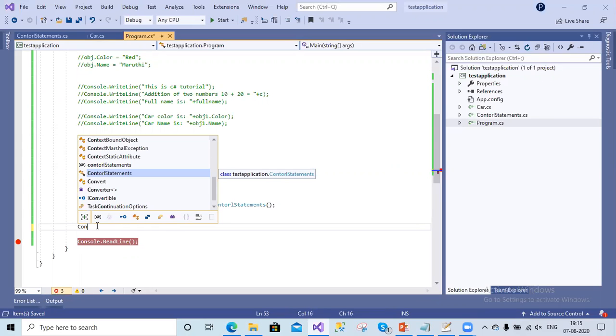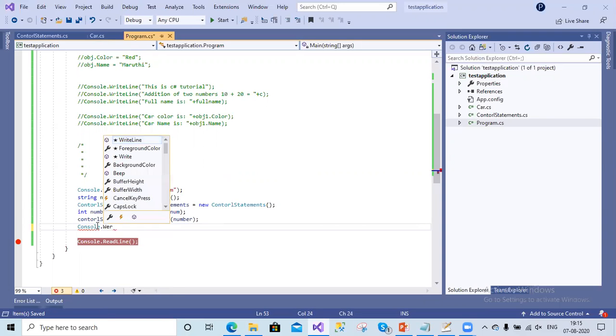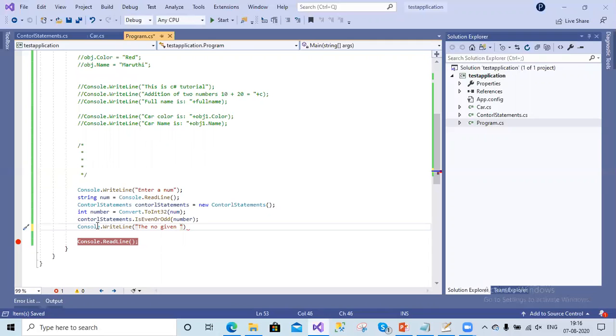Let's print some message in the console window. Console.WriteLine. Inside that, let us print: the number given, which is our number, is.